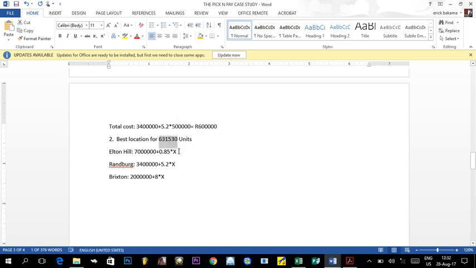So we replace x by this value, replace it by this value, replace it by this value here. Now for the first equation, for Elton, we have 631530 times 0.85 plus 7 million. The value that we get is 753680. The second is 631530 times 5.2 plus 3.4 million, and we get